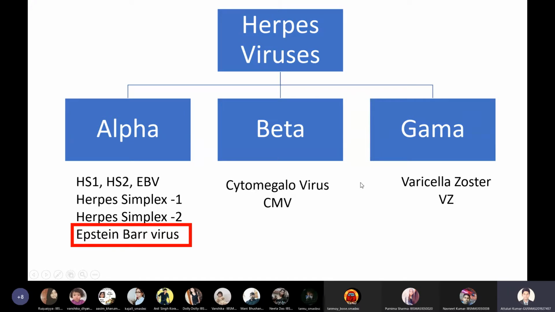Today, most probably, I will try to finish Epstein-Barr virus and cytomegalovirus. Then in the next lecture, we can have varicella zoster, followed by 2 more lectures on adenovirus and hepatitis. I think within 4 lectures, we are going to finish our complete virology and mycology. Parallelly in the 6th unit, we have PCR, which we are studying in the lab sessions. So there is no delay in your syllabus. Within the next week, we will finish all the syllabus of mycology and virology. All you have to do is start revising the topics.